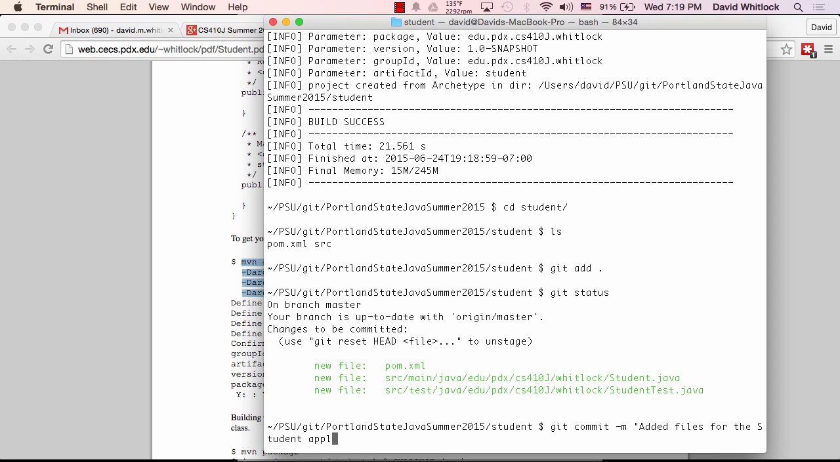Student application, well, Student program for demonstrating how to type